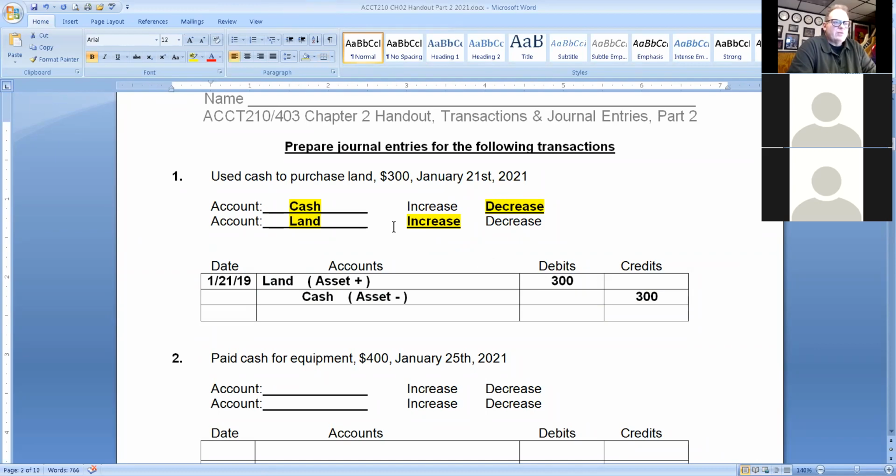Now, one of the things we have to figure out is how do we know what gets debited and how do we know what gets credited? And forget everything you know about debit cards and credit cards and all that kind of stuff. It's not going to have any impact on what we're doing. If you look at pages 9 and 10 of your handout,